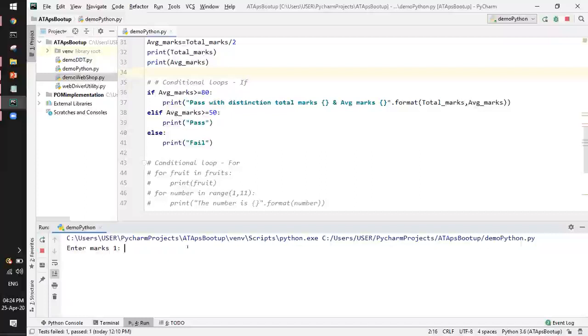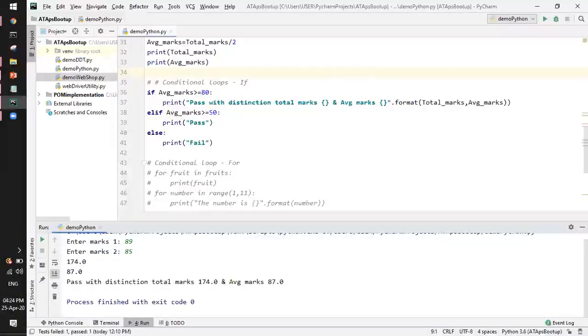I'll run it once again and show. You can see the total marks value 174 was put in where we found the first curly brace, and the average marks was put in the second open curly brace area.